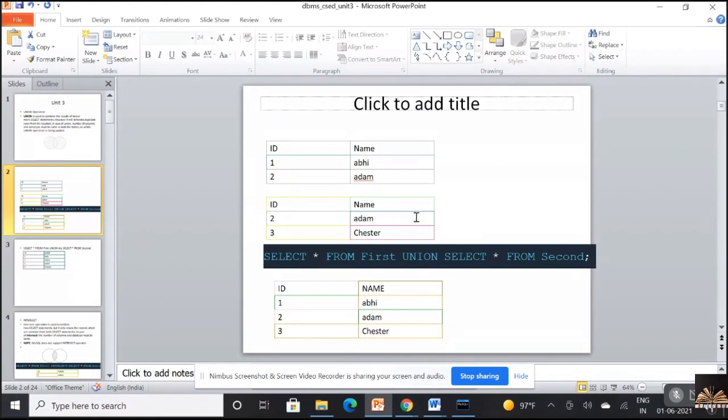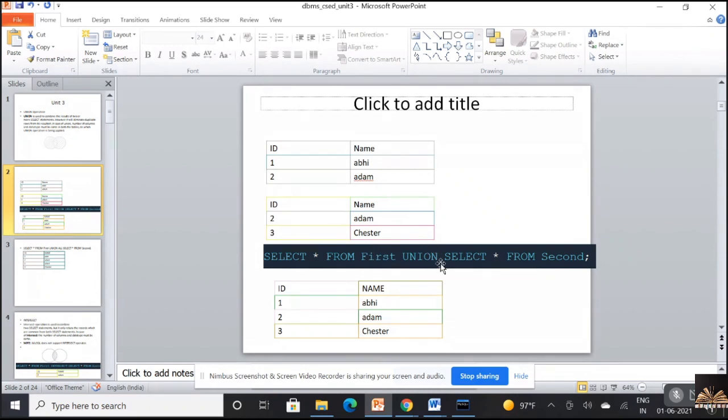In the second table also, I've got two rows with name and ID. Now, how do I perform the union operation in MySQL? I simply use the union keyword. So select star from first: what this select statement is doing is fetching all the details from the first table and displaying them as a result, union.